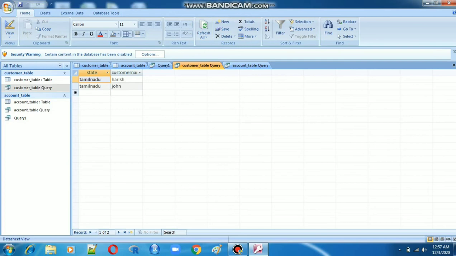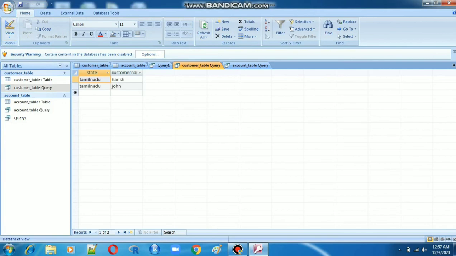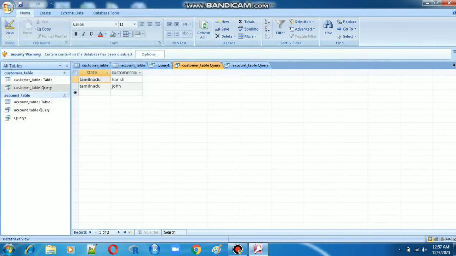If you want to save these records, you go to save. Here in the quick access toolbar, click the save option. This is the way to save a file. So this is the method to maintain and use queries in a table.